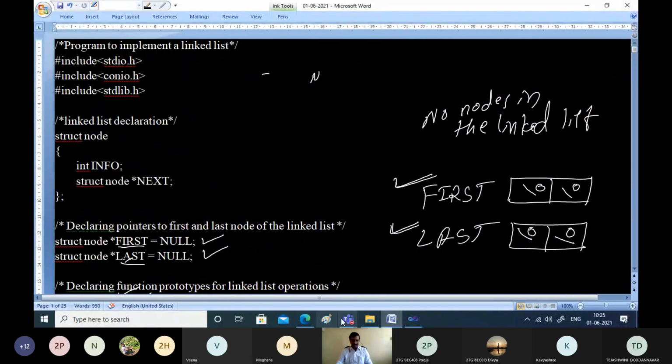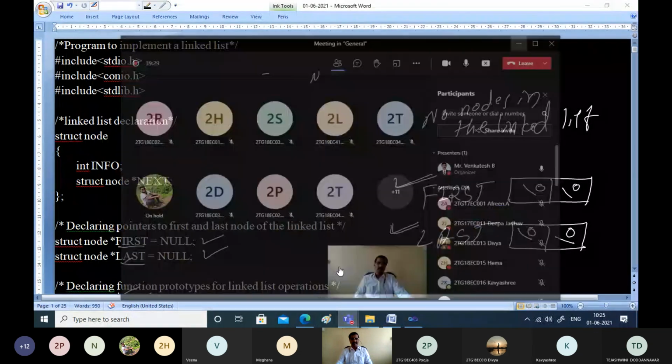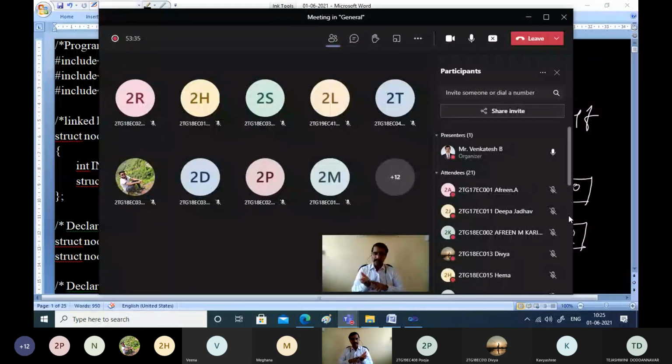So after this singly linked list, we have two more entities called circular linked list and doubly linked list. As I said in earlier classes also, circular linked list and doubly linked list are very similar to the singly linked list. 80% of the code is very similar.